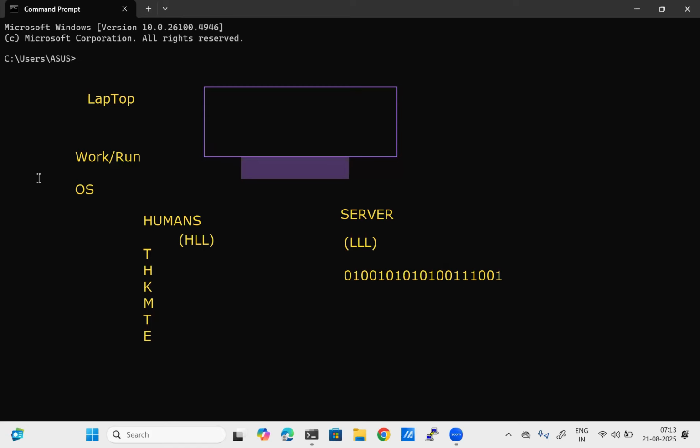So if the human wants to communicate with the server, here what do I need to have? I need to have one translator. So here the translator is nothing but the OS. So basically it's going to be the introduction for your Linux.